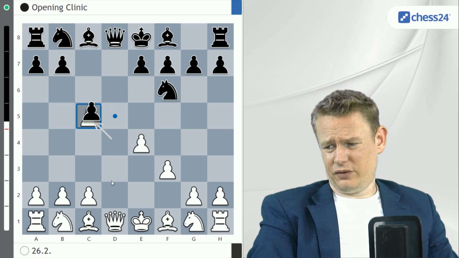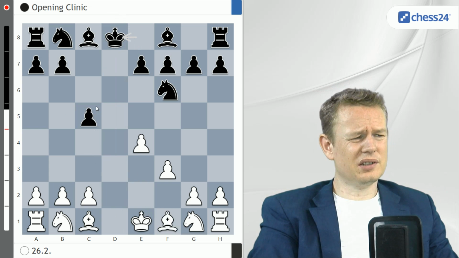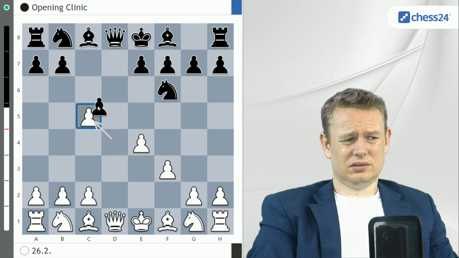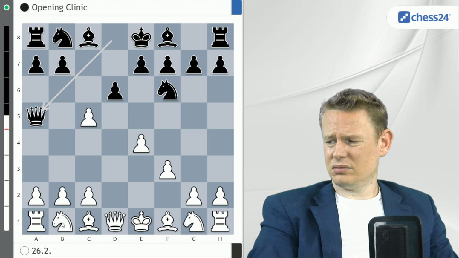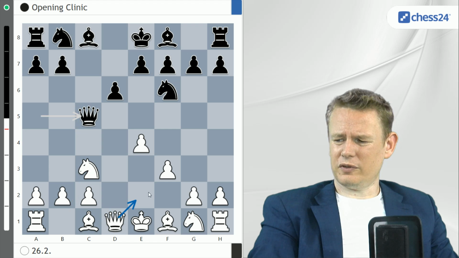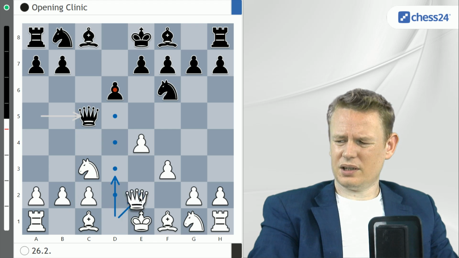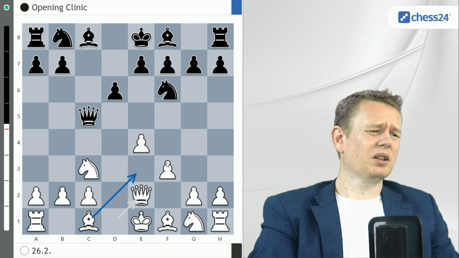Then dxc5 just looks bad. Queen d8, king d8, bishop c4. This can't be good. So Black probably plays queen a5. Now knight c3, queen c5. Let's move like queen e2, queen d3. I guess queen e2, to go for bishop e3, could be a pleasant,